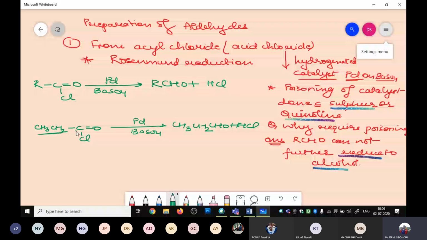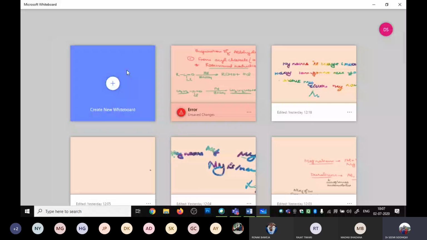You need to keep in mind that the aldehyde group, as you all know, is a terminal group, therefore its carbon atom is also counted in the naming. So this finishes your Rosenmund reduction. In the Rosenmund reduction, the main thing is that the poisoning of the catalyst is done. With what? With the help of sulfur and quinoline. And why is the poisoning being done? In order to avoid further reduction of the aldehyde into an alcohol. Okay, is it clear to everyone?